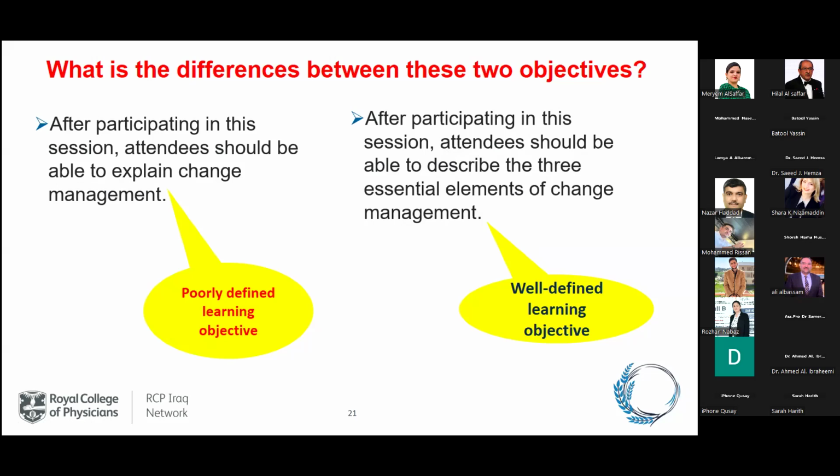With time, by writing objectives for each session you do and repeating it, it will help if you have a peer review. Sometimes when we write objectives for our session, we think everything is clear. But when we ask a peer or a colleague to read them, it will not be that clear to him. But this is very important for improving your writing regarding